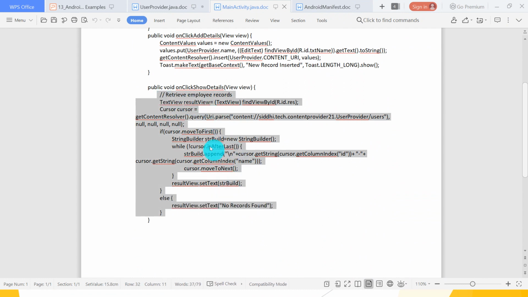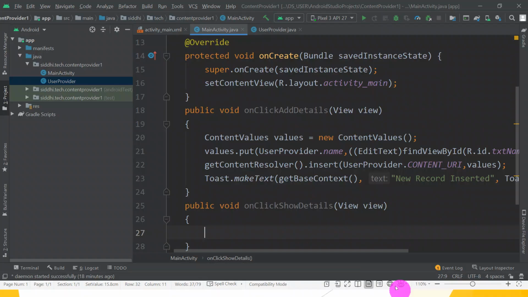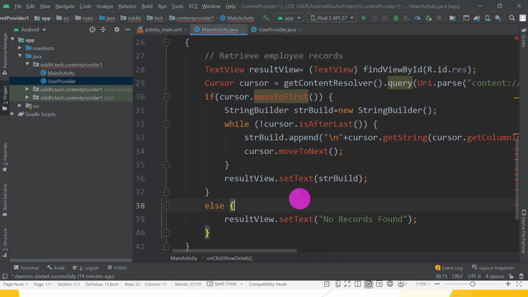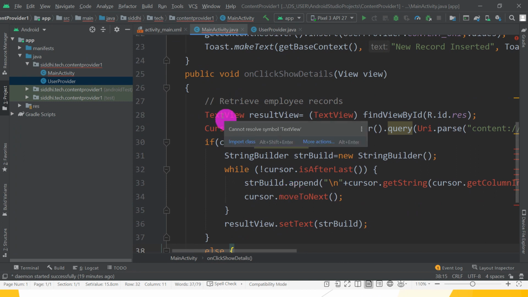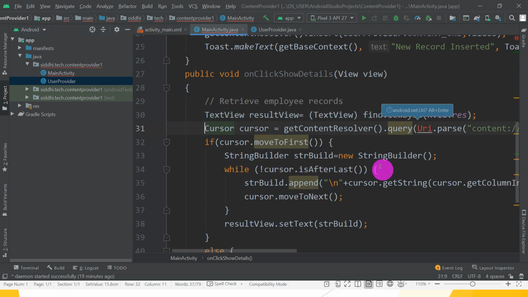So just I will copy this and paste into. Okay, so it requires what? Import class. So import it. Also import Cursor class, Uri class.